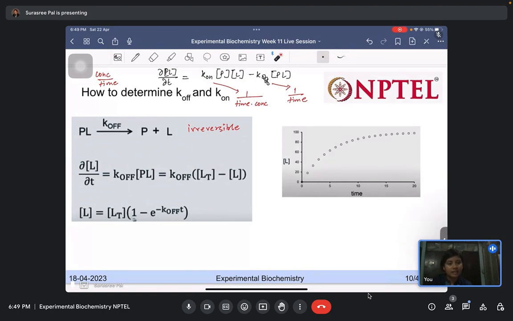When this becomes irreversible, the change in the ligand concentration equals K off into the protein ligand complex concentration, right? And in place of the protein ligand complex concentration, we can write PL equals ligand total minus free ligand, right? We can substitute this here, and when we integrate this equation,